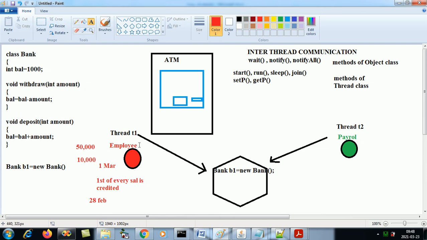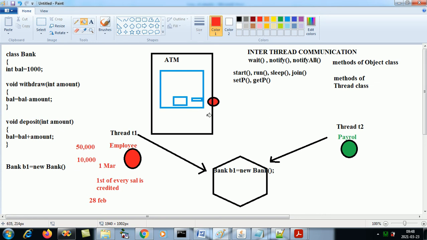Now can this person withdraw 10,000? No. So he is standing near the ATM, and then he calls his payroll person.